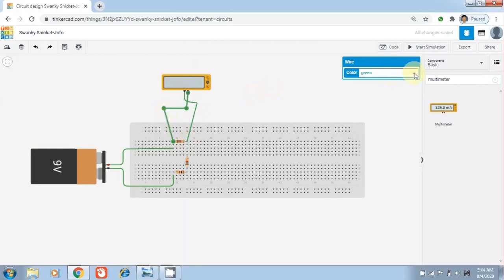We may choose the color coding option. If we want to connect, we may choose red, and we may choose black for the negative.